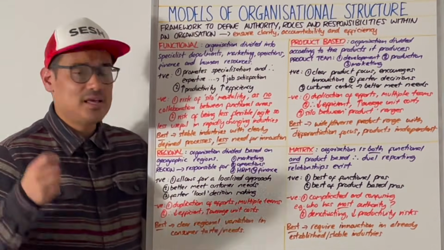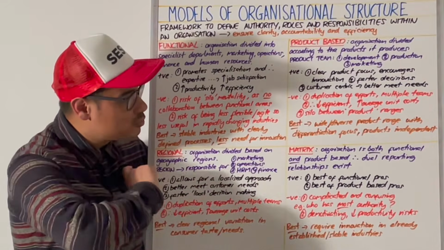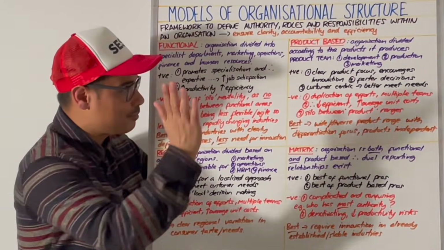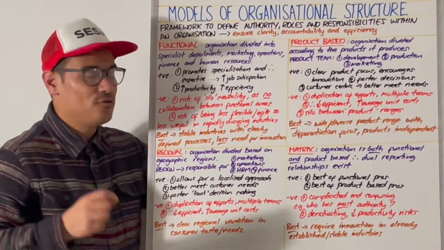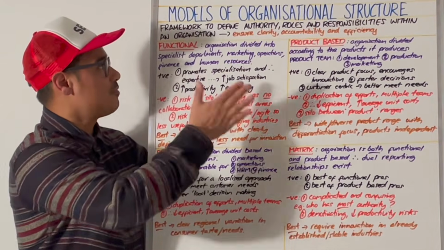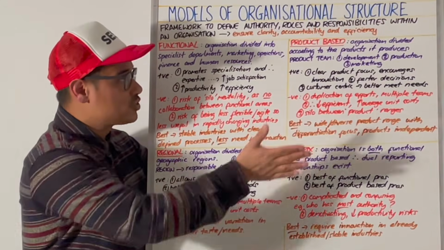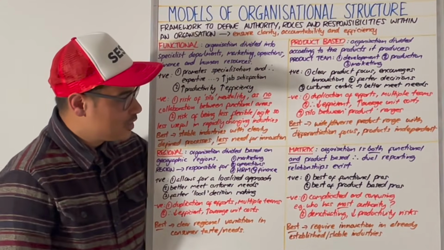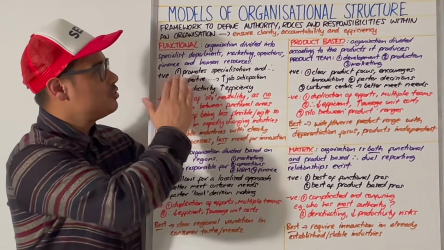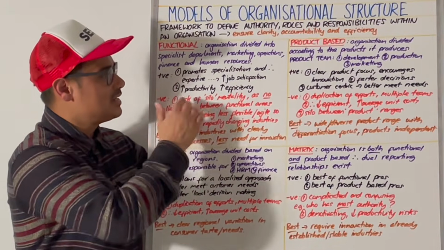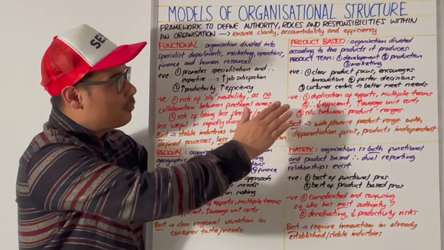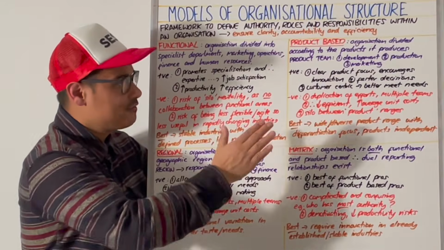So the final one is matrix structures. Matrix structures is when the organisation is both functional, so we're thinking there, and product-based, we're thinking there, and therefore dual reporting relationships exist. You might have a subordinate who has a manager in a functional area and also a manager in a product-based area. So positives here is, well, you'll get the best of the functional world, so you get that specialism, that expertise and leading to productivity, efficiency, and the best of the product focus, more innovation, faster decisions,